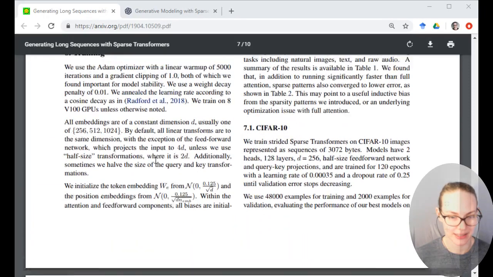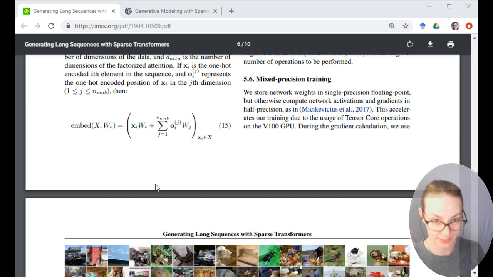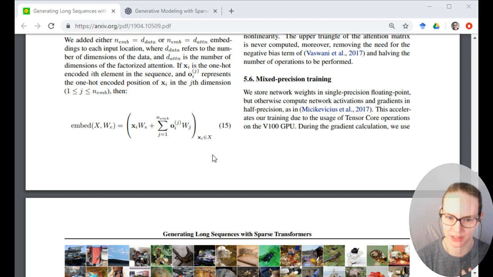All right. So let's kick it off with section 5.6. Mixed precision training. We store network weights in single precision floating point. That's like 10 decimal points, right? But otherwise compute network activations and gradients in half precision, as in